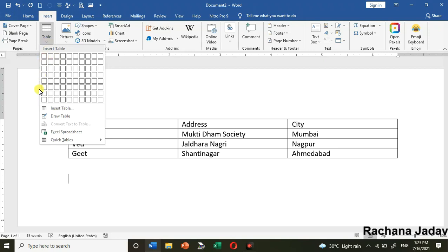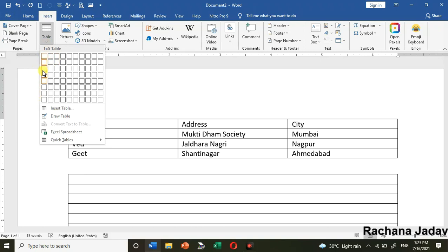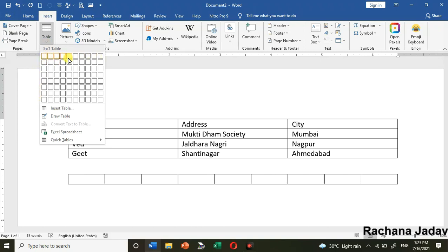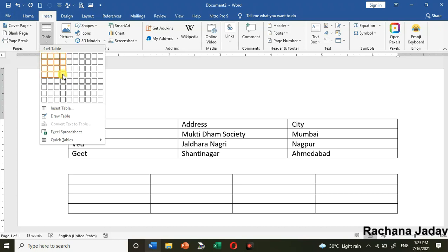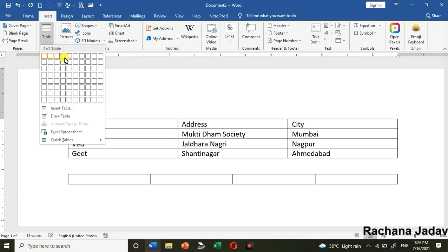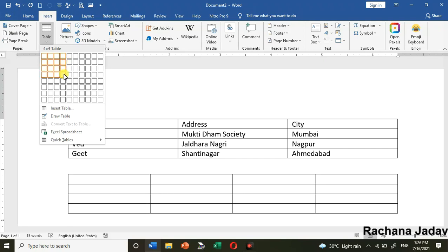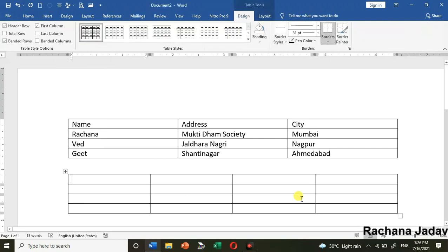So here you can see vertically it is known as column and horizontally ये row होता है. And the intersection of the row and column is called a cell. Okay, so here we will make it with the help of grid. I will just show you कि मैंने यहाँ क्या किया है. I have taken 4 columns and now I'm going for the rows. So 4 rows over here. तो मैंने 4 column और 4 rows ले लिए. And with that you can see the intersection of it is known as the cell.